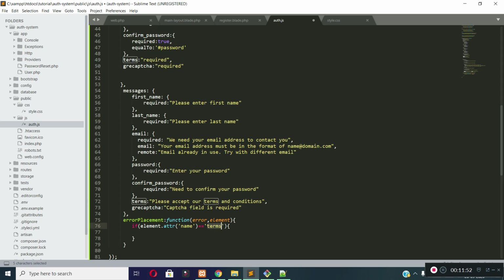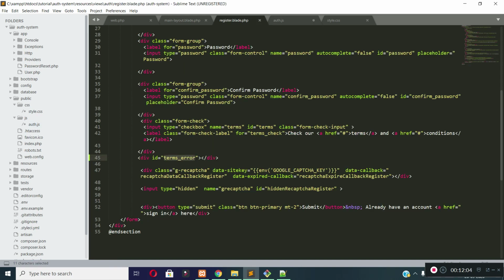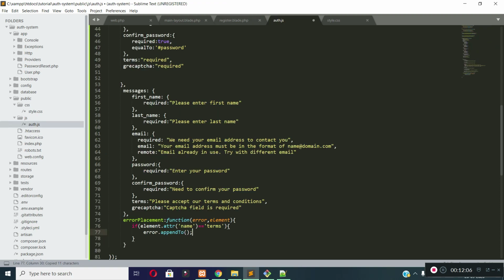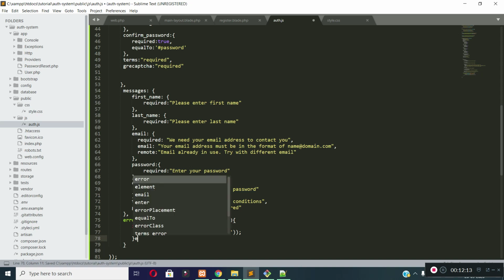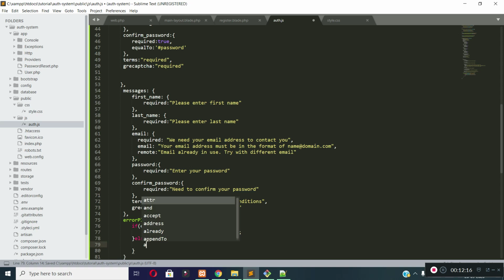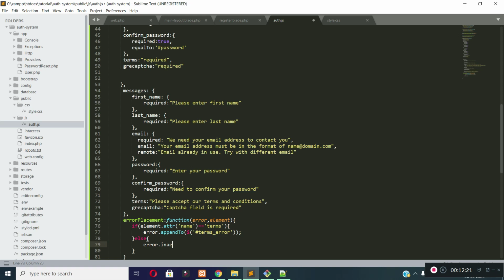Actually this is the name of the element. Then I will put the error message inside the div of id terms error. And for other fields, the error should be placed after the element.